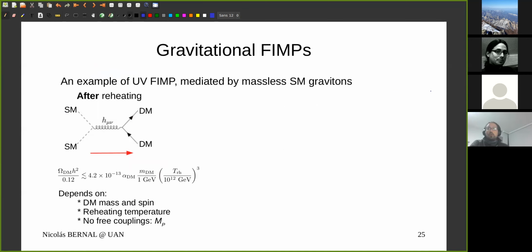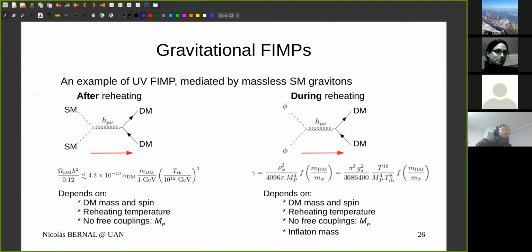So I'm going back to the previous slide. I was saying that you can produce the whole dark matter abundance after reheating via scattering of standard model particles. However, during reheating, the universe is dominated by inflatons. And during reheating, you can have annihilation of inflatons